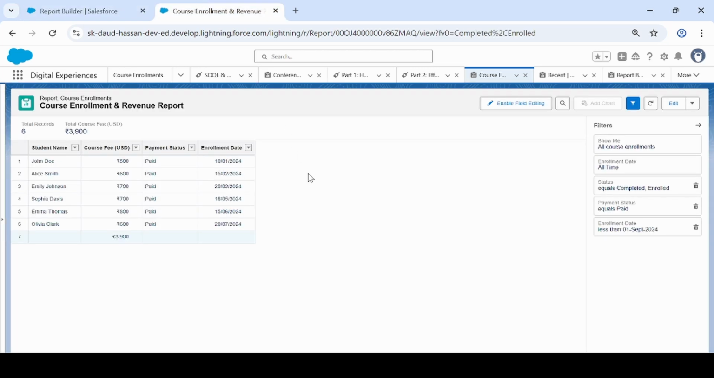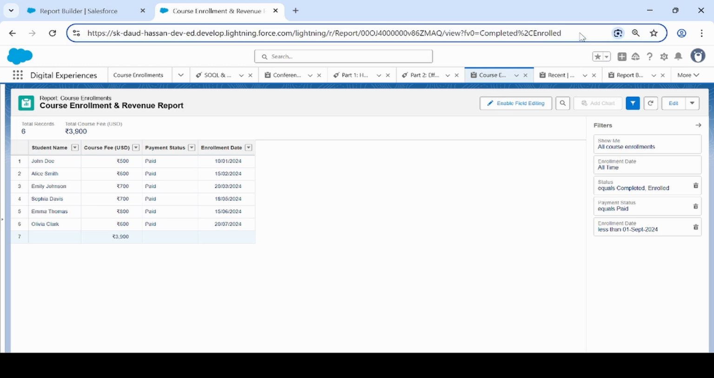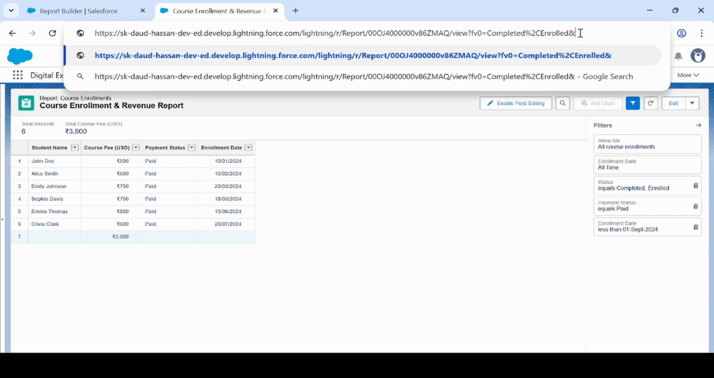To add the second parameter, we'll have to add an ampersand. So after this, I'll add an ampersand, and then we'll add the fv1. Why are we adding fv1? As the parameters are 0th index, for the first filter parameter we have added fv0. So now for the second filter parameter we'll add fv1. Okay, now same as before we'll add the equals, and then we'll put the value as pending,